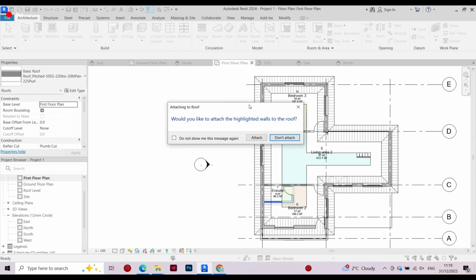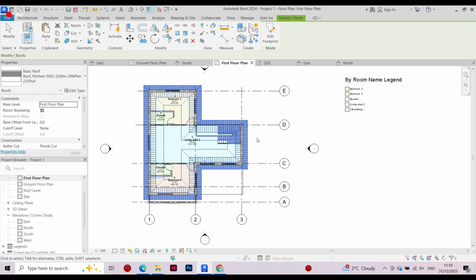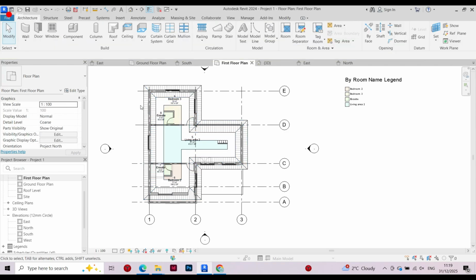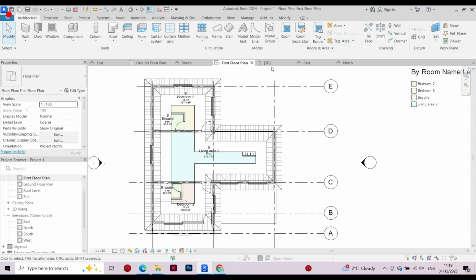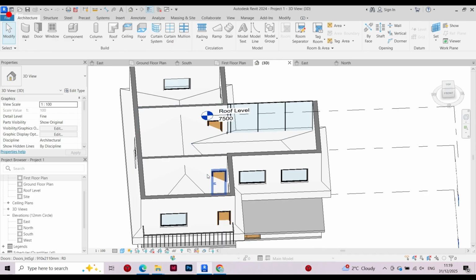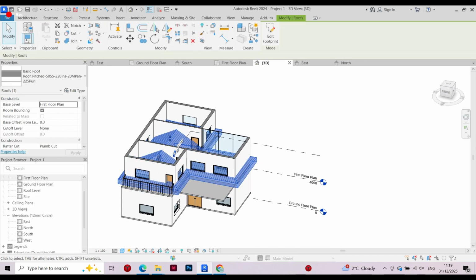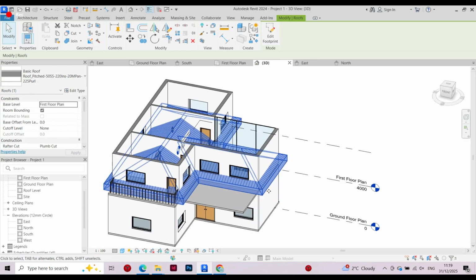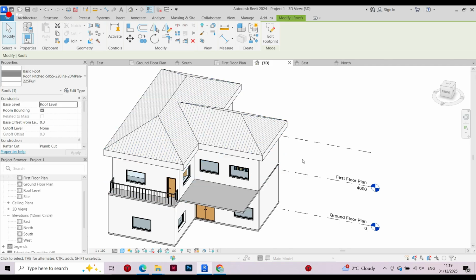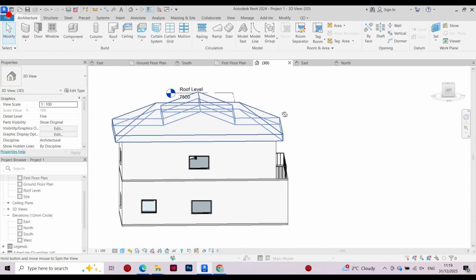So it's better, guys, save the project every time. And we go to 3D. So basically, the roof is drawn in the first floor. That's why it shows here. So I'm gonna change the base level to roof level. And click apply. Now if you see the roof,